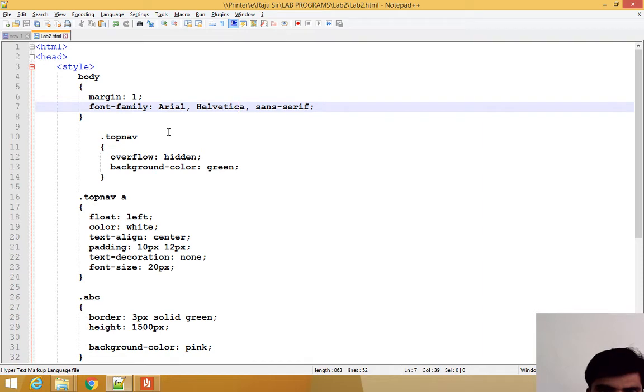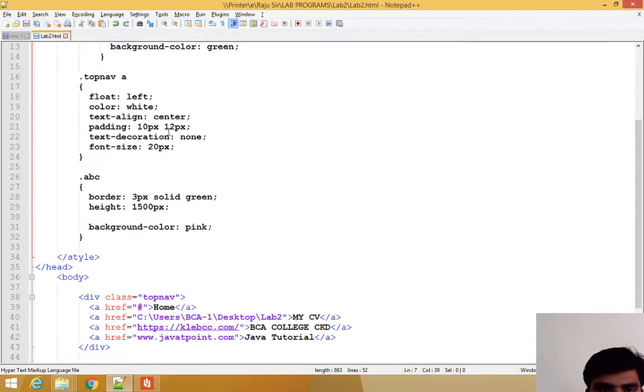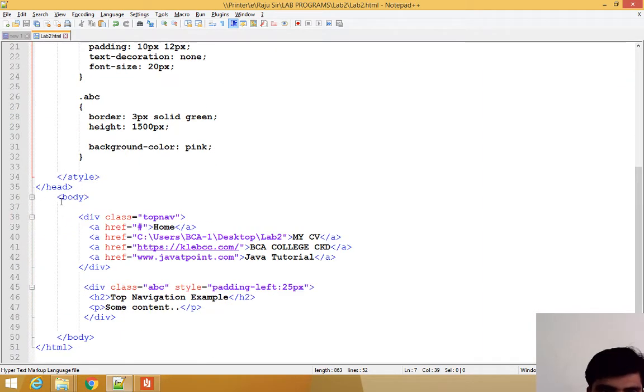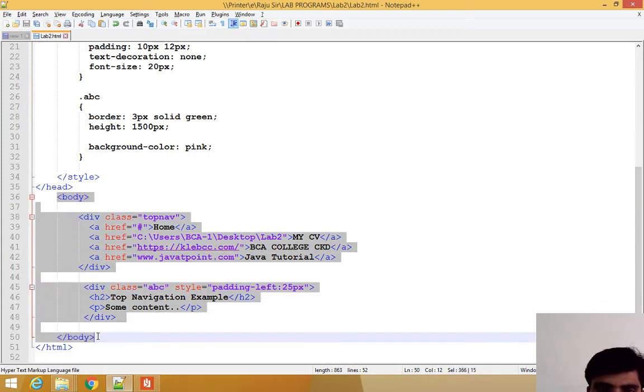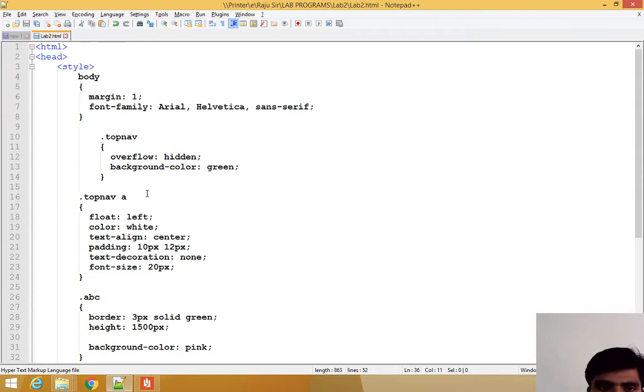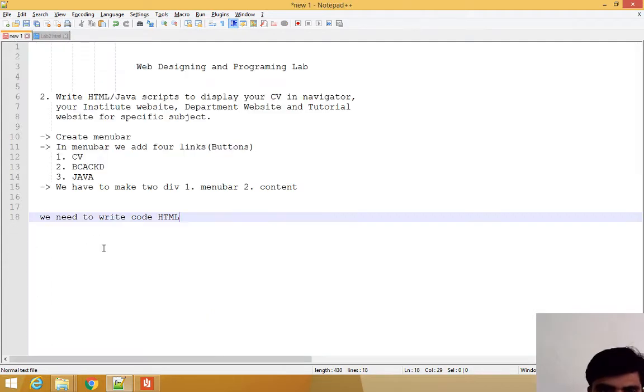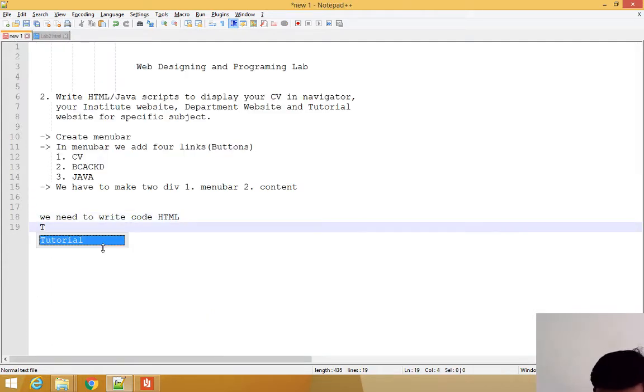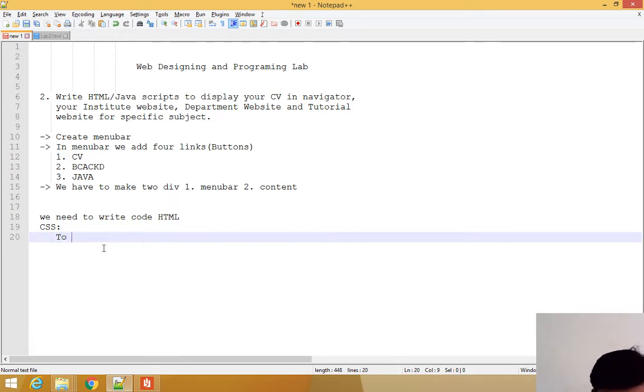In this code I am using CSS as well as HTML code. Why do we need CSS? To style our HTML document.